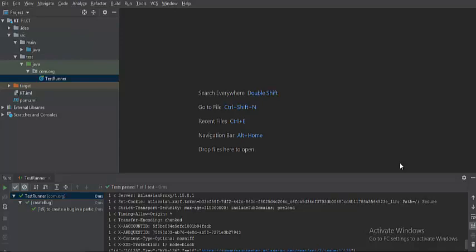So we were able to execute the test cases from the IDE, but you might have a question: why do I still need to consider running it as a Maven test, and why do I still need to execute it from the command line? If you have these questions in mind, I would like to let you know that this is something very essential. This is the industry practice, this is how the industry expects you to execute the test cases. Not every time you need to open the IDE and run the test cases, because you may want a headless execution, or to manage it quickly from the command prompt, or to do some continuous testing.